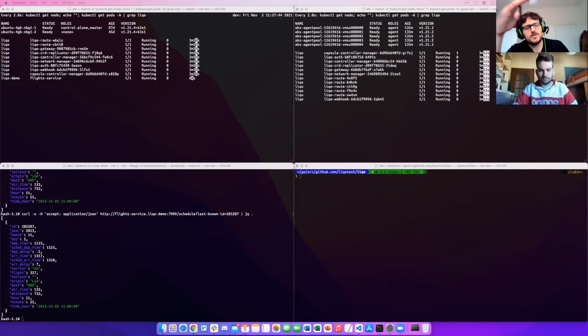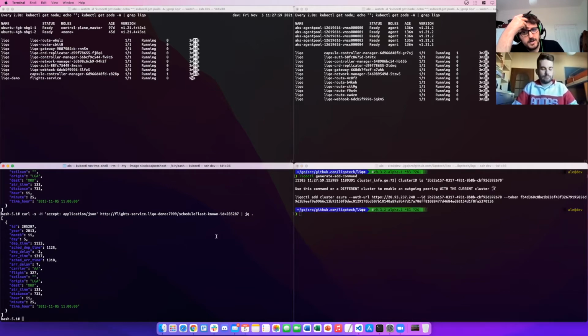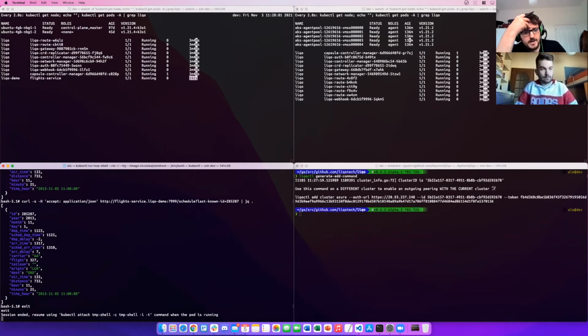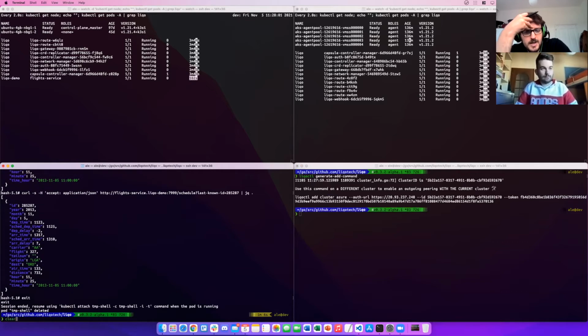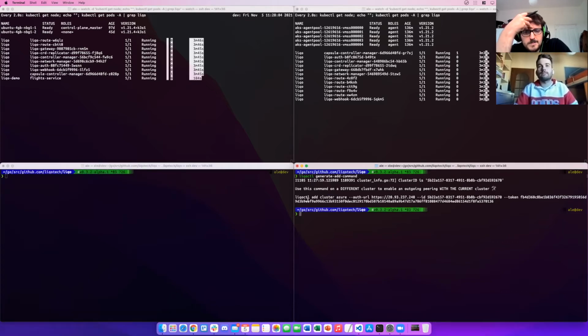Now let's try to replicate it on another cluster. To do so, we have to establish the Lico peering. So let's go on the other cluster. We run the licoctl generate command. Now we can quit this first cluster and use the command to activate the peering.